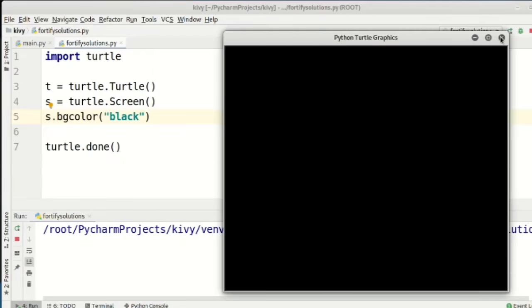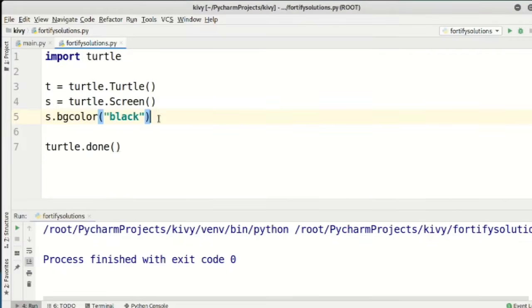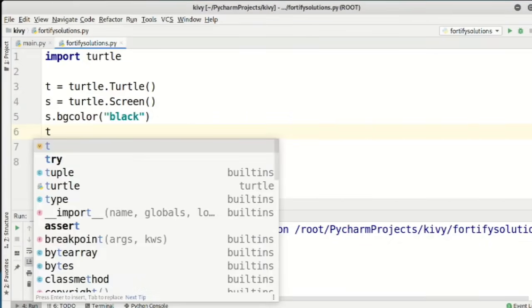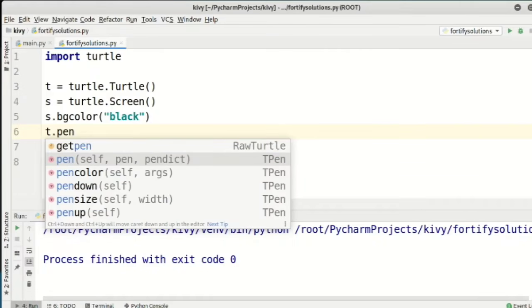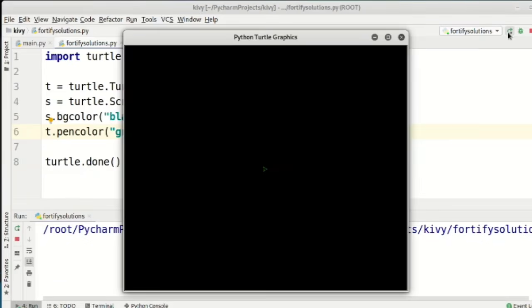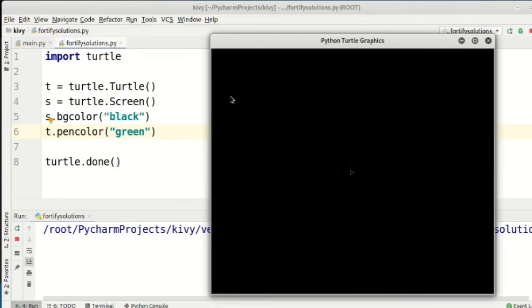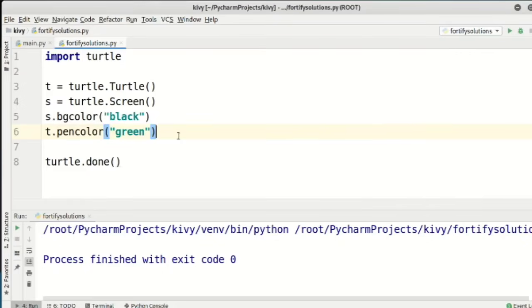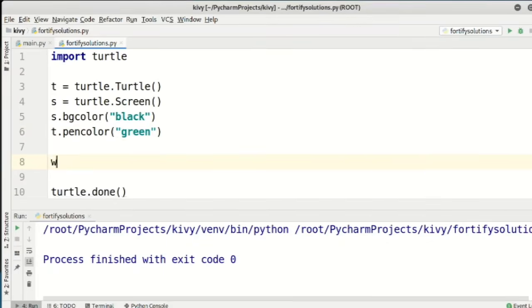So now I'll change my turtle color to green. t dot pencolor, I'll say green, and I'll just run again. Now we can see we have a turtle with green color over here with a black background. Next, I'll use a while loop, and I'll say while True,